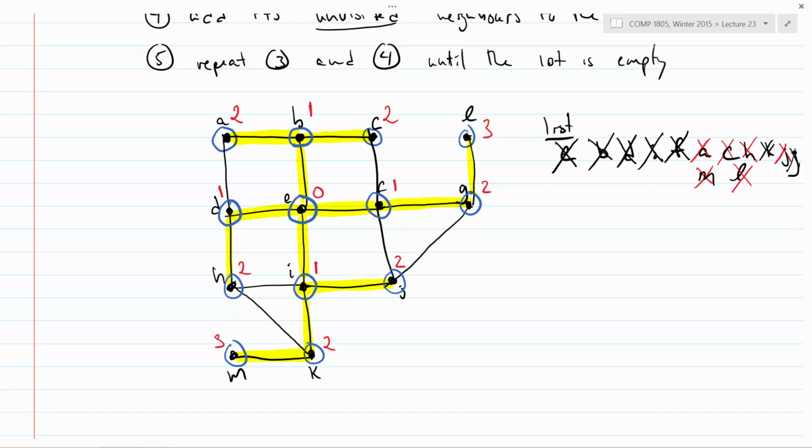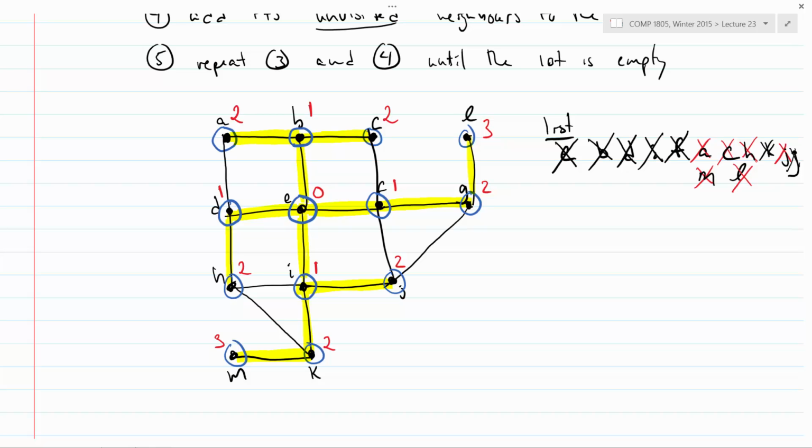Yep? So, a couple of things. Is this also a spanning tree? That's a good question. So is this going to be a spanning tree? Okay, so is it going to be connected? For sure, right? I've visited every vertex. Is it ever going to have a cycle? No. So I just mean the yellow edges. The yellow edges aren't going to have a cycle because if they did, I would be doing this thing where I'm at a visited vertex and I walk to a vertex that's already visited. So this thing is connected and it does not have any cycles and it visits every vertex in the original graph. So it is for sure a spanning tree.